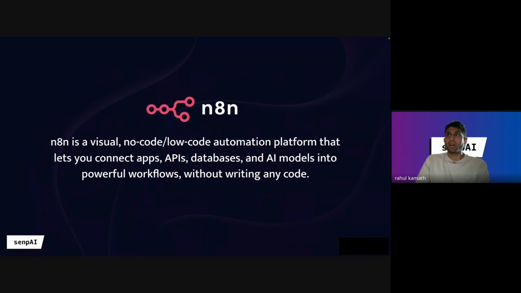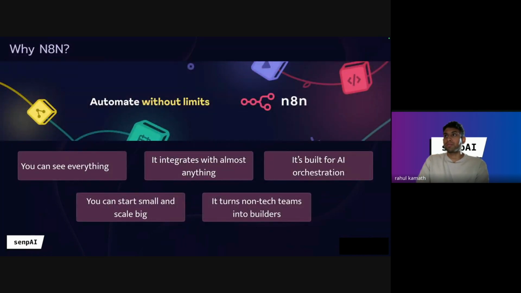We will be walking you through N8N shortly, and here are some of the good reasons why we need to use N8N, or any code or no-code platform. N8N is the best one which we have come across, but at your companies we might have different products, so it depends on that, but the whole concept of it is the same.